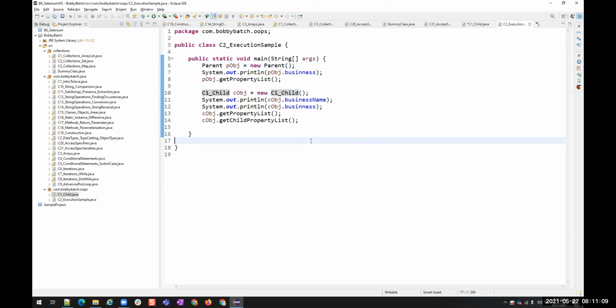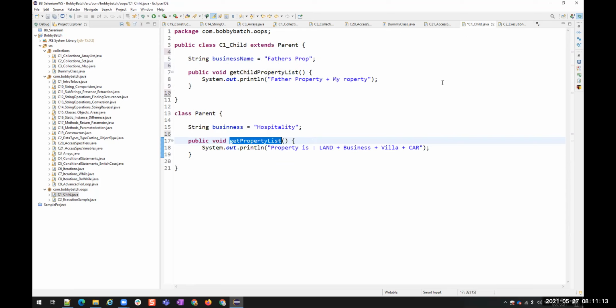Can you go back to that parent and child? Sure. Okay, it can be any name here. It's just a class. We don't specify parent or child. But by seeing extends, that's a child. Class, subclass.